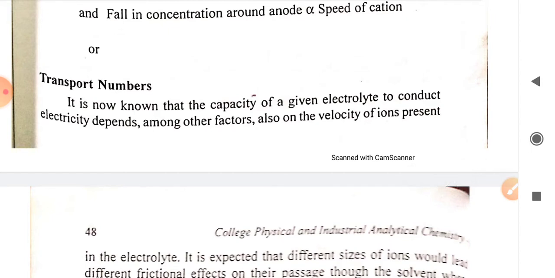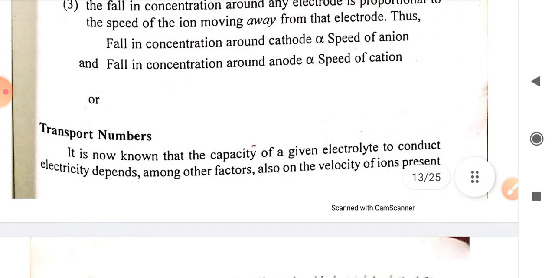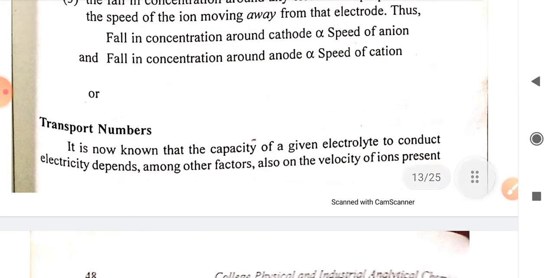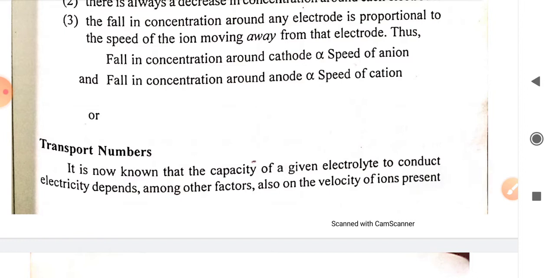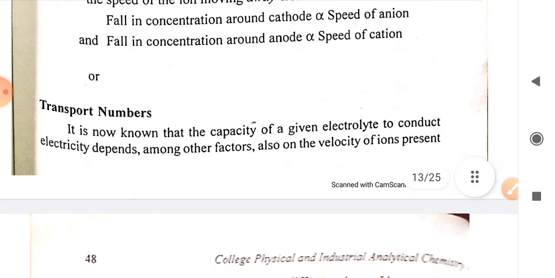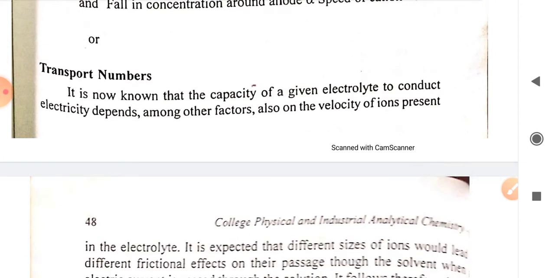So keep in mind these few terms, and how the migration of ions takes place and all those things, you can refer to this pdf, okay. So we are having this detailed knowledge of how the transference of these ions happens in the given solution. So we will directly focus upon what is meant by transport numbers, and how we can derive the relationship between transport number and velocity of the ions.